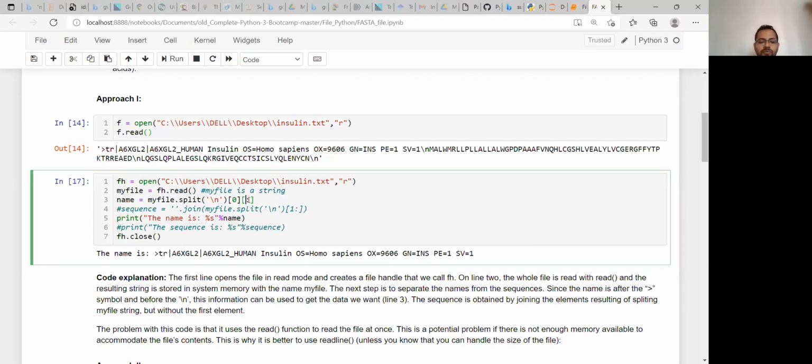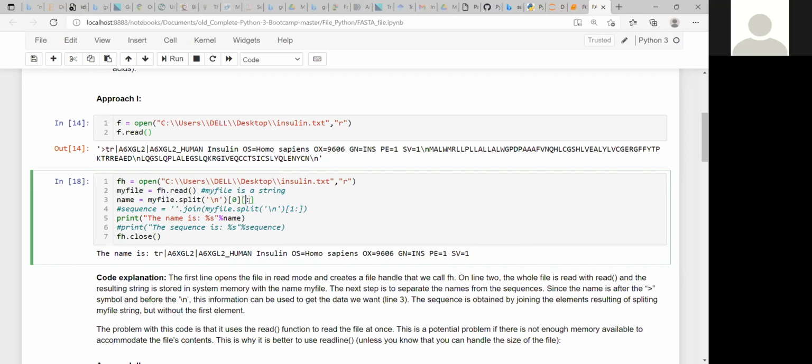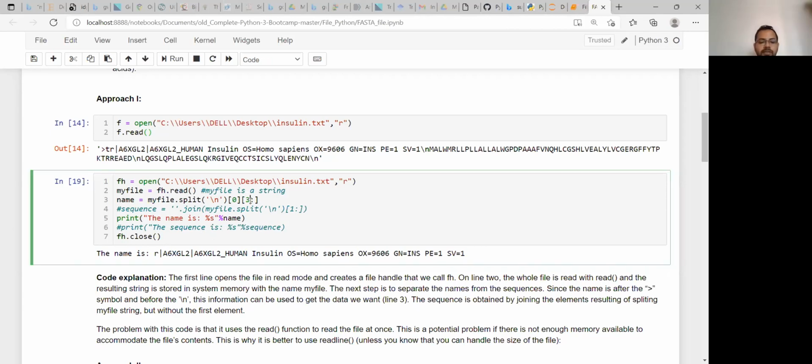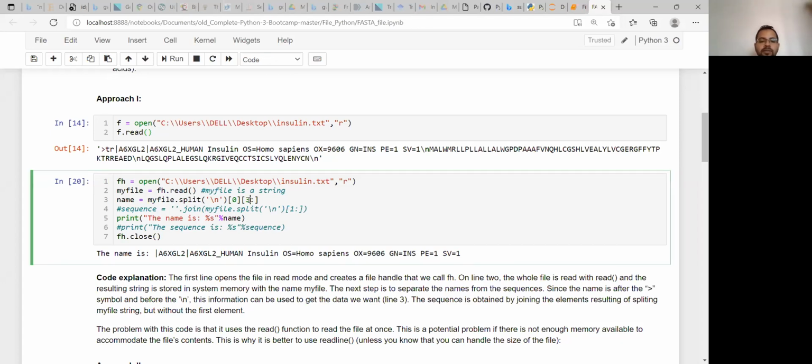And if you use 1, then only that is omitted. And if you are trying to extract without this tr portion, you use 2, and you can see that accordingly these things are removed. You are fixing the position from where you are trying to extract the name.